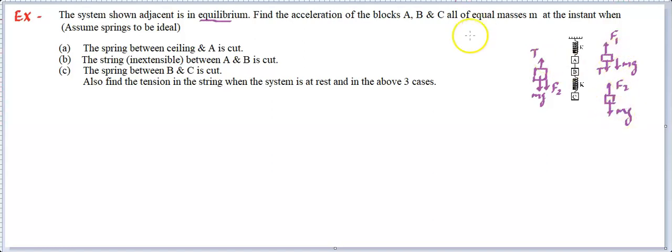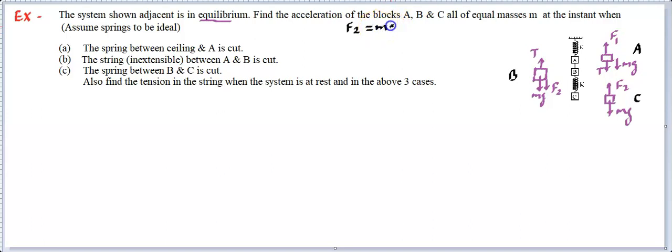So these are the free body diagrams which you can draw at the instant or the condition when there was equilibrium. We can also use this equilibrium condition, so there will be certain equations that you can write for block A, for block B, for block C. So let me write over here. Let's say this F2 for C I'm writing. Can we say F2 is equal to mg? Yes.